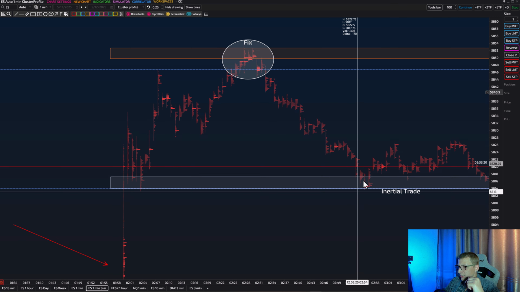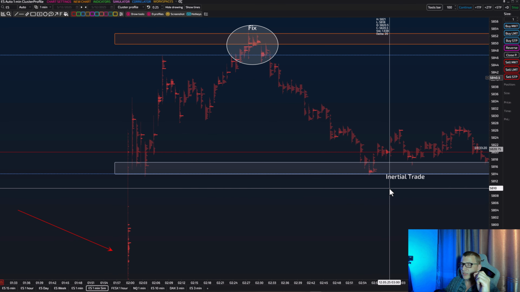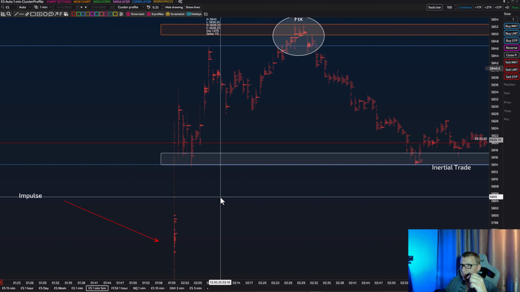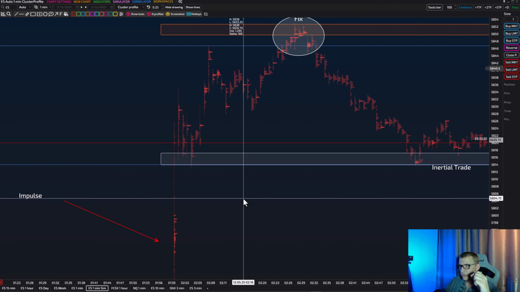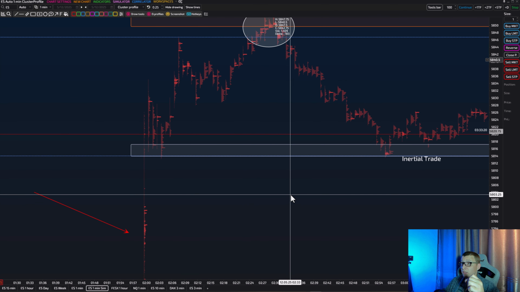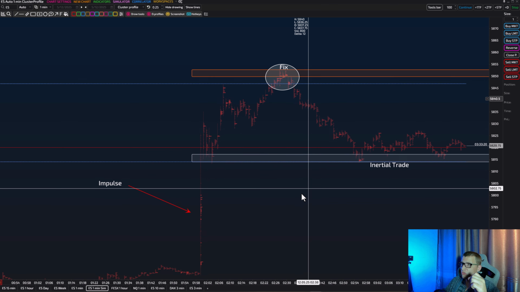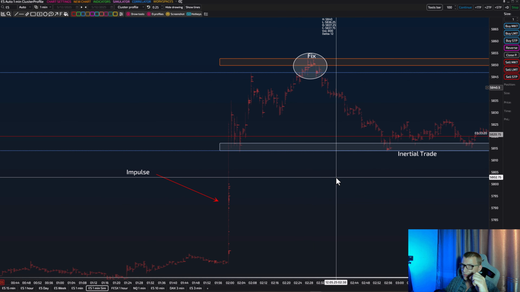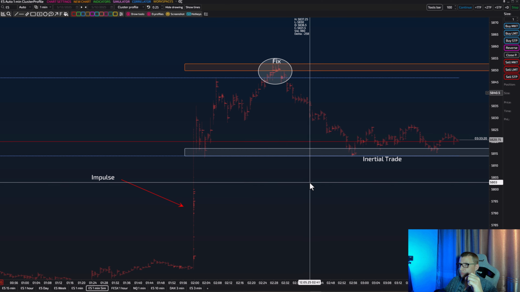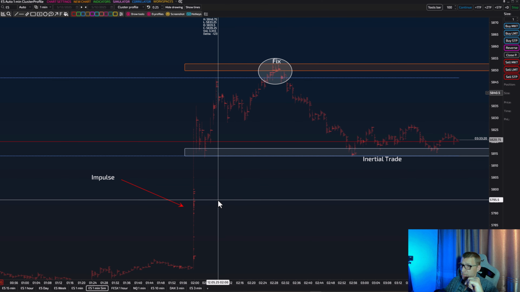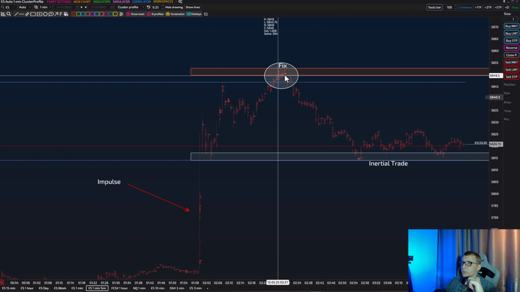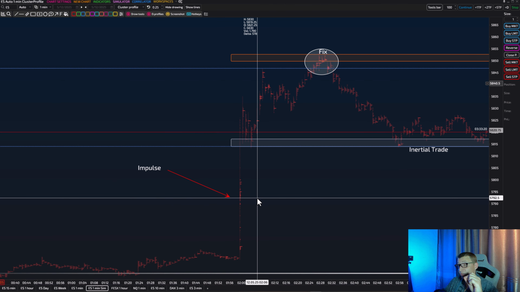Now, take a look at the timing. This is a pre-market session. We don't trade a pre-market session, and an impulse happened during the pre-market session. And this is a sign of an institutional buyer, because what usually happens when we see an impulse during the New York session? What can happen next? For example, we see a picture like this, an impulse during the New York session.